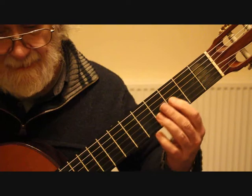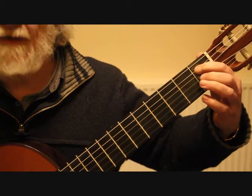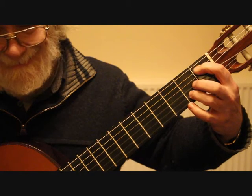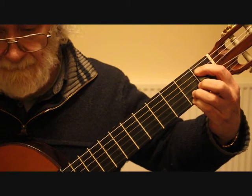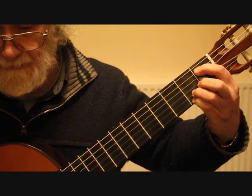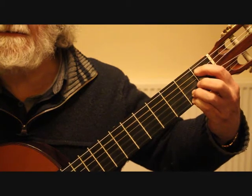Bar 6 takes us to a chord of A sharp diminished, which is the 1st finger on the 5th string 1st fret, G on the 3rd string open, C sharp on the second string, third finger, little finger on the F sharp, second fret, first string, which now gives us, take the little finger off, so that is,